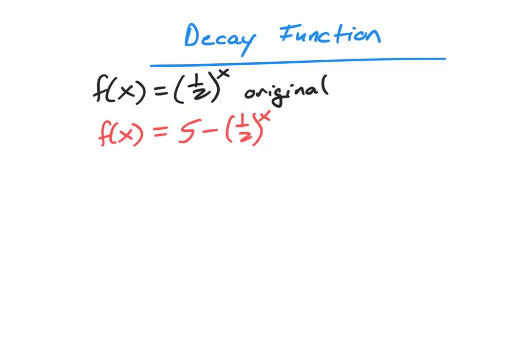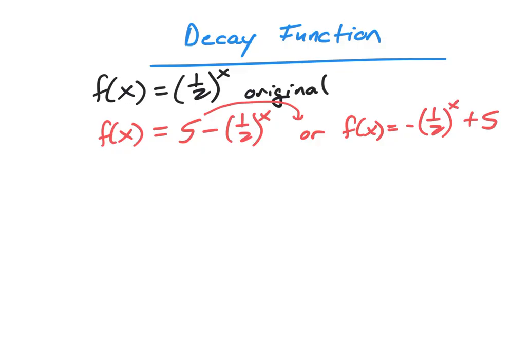And what I want to show you here is this is not the way that we're used to it being written, okay? I always like this part to be first, and then I like to have something after it. But they're not always going to write it like that. And so what I can do here is I can take this 5 and I could move it to the end. That way it's in more of the format that we're used to seeing it. And so I could rewrite this. The negative has still got to stay in front of the function, but I can move the 5 to the end. The 5 is positive, so it's going to stay positive. It's going to be plus